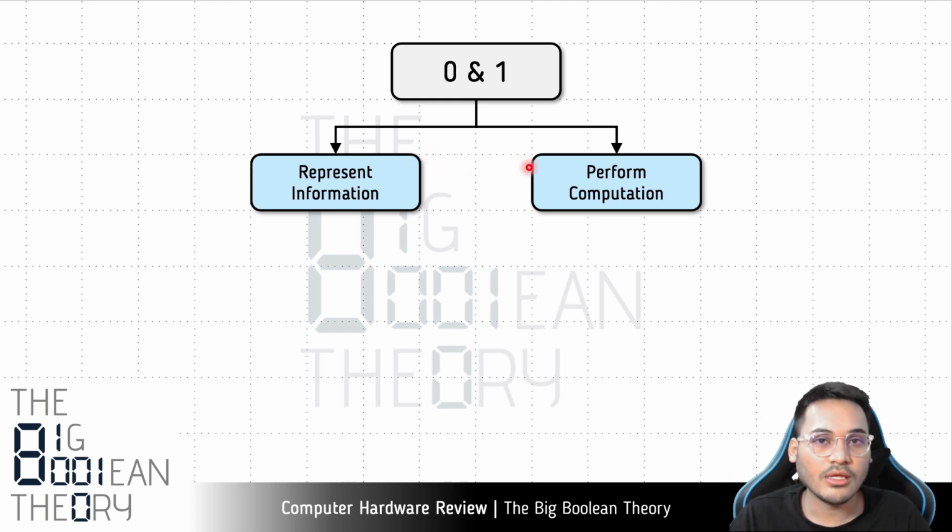And once we have a way in which we can represent all that we want using these two symbols, we also need a way to perform the computation using these two symbols. If you look at mathematics, it is not only about writing numbers using the decimal number system. You have a way to represent all the numbers, rational numbers, irrational numbers, negative, positive, all those numbers using the decimal number system. That is fine. But you also have this whole branch of arithmetic using which you know how to add those types of numbers, subtraction, multiplication. So every operation that we do on these numbers,